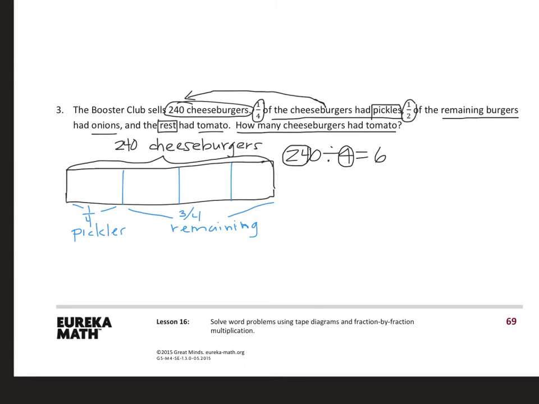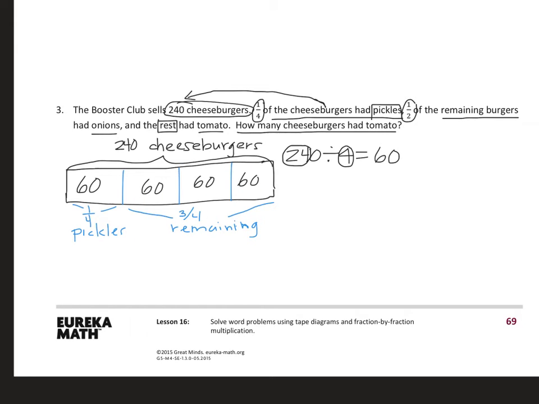So 240 divided by 4 would be 60. So it looks like 60 burgers had pickles, and the remaining 60 plus 60 plus 60 is 180. So 180 of the remaining burgers right here,